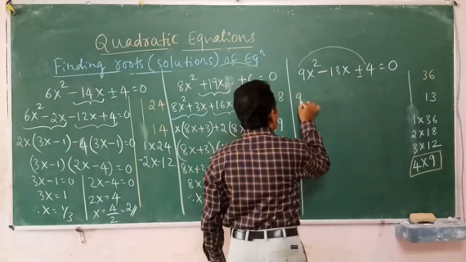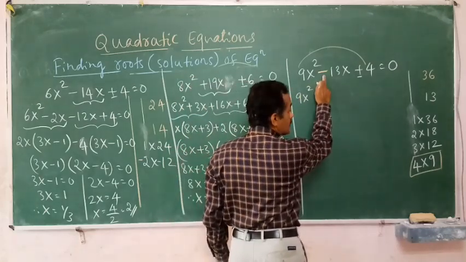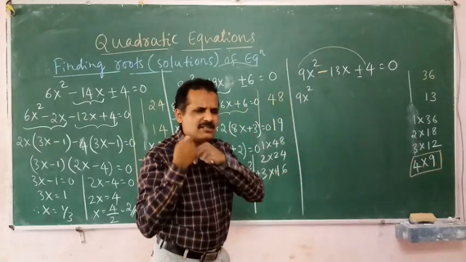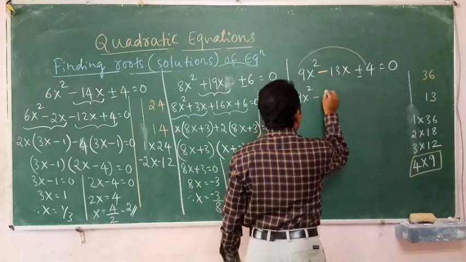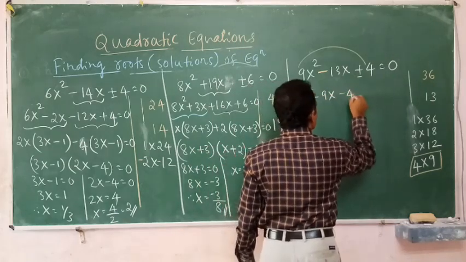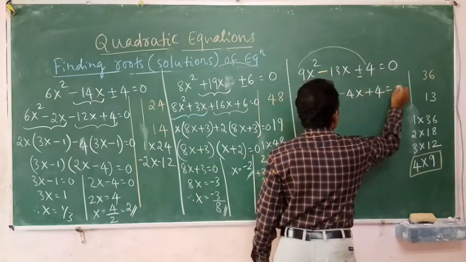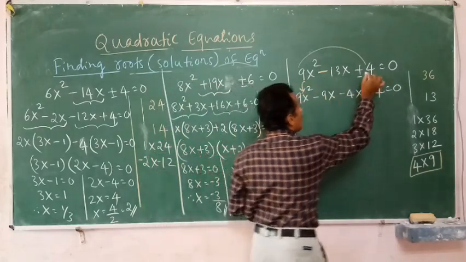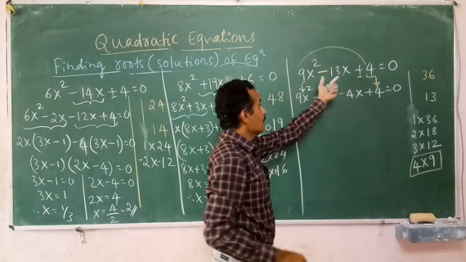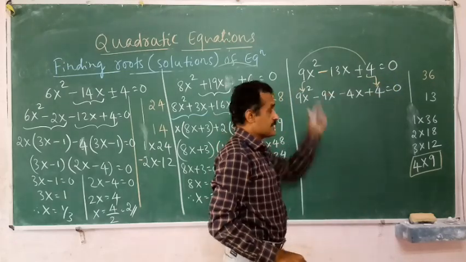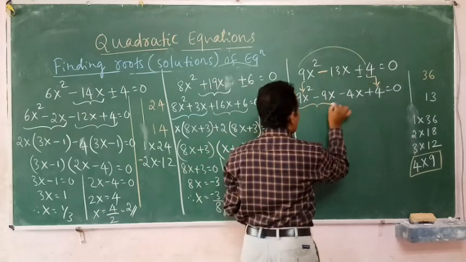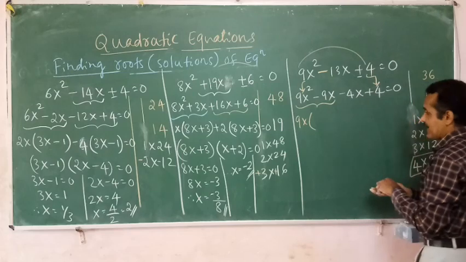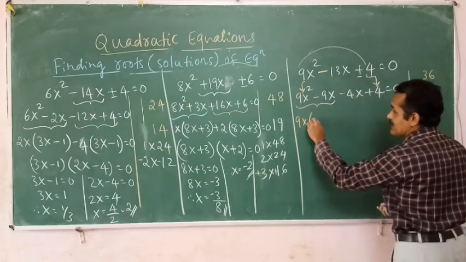It is 9x square. Now it is minus. So both signs must be negative, negative. I can take 4 first or 9 first. That makes no difference. I will take 9 first. Minus 9x minus 4x plus 4 is equal to 0. I have been repeatedly telling you, first term same, last term same. Only the middle term has to be broken into 2 parts. Come on. What is the common I can take? 9x as a common into bracket. What is left inside? 9x square, 9x has come out.